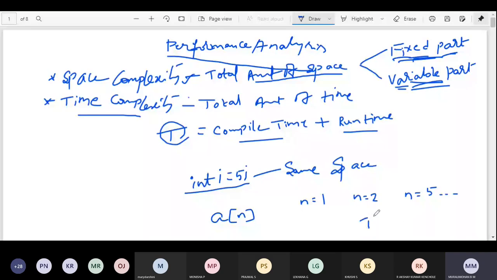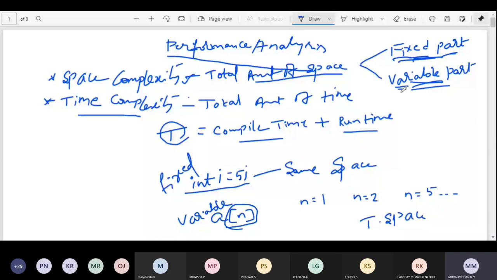So here the total space is depending on the value of n. So it is variable, whereas the other is fixed. How many times you execute this, always it will take the same amount of space. Got the difference between the fixed part and the variable part, right?